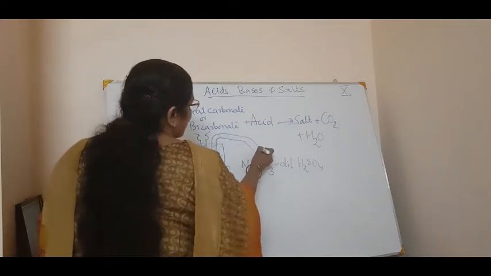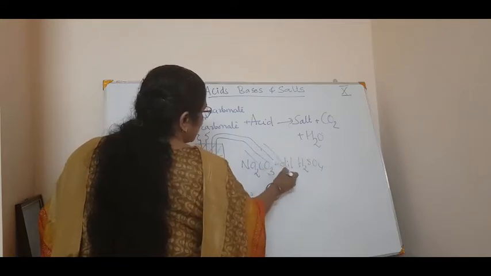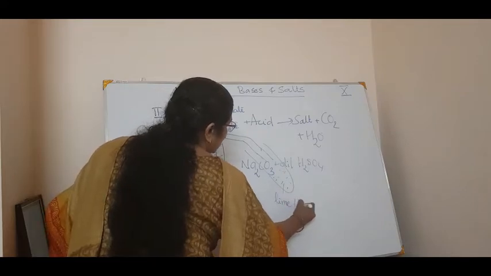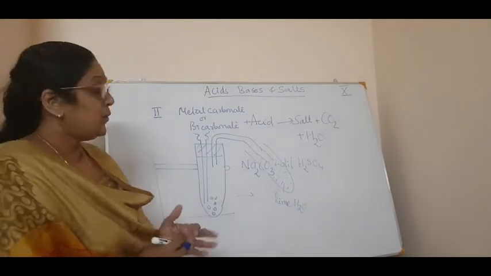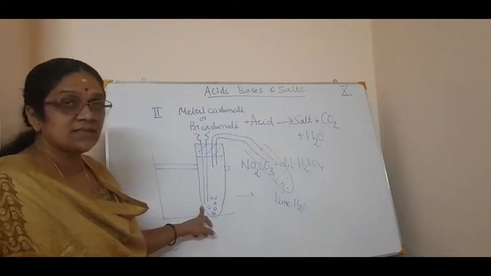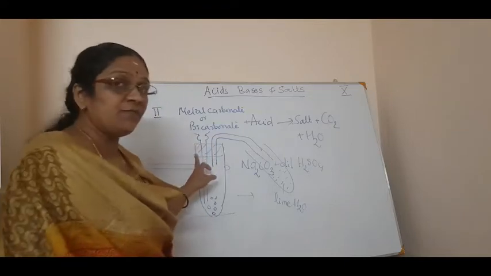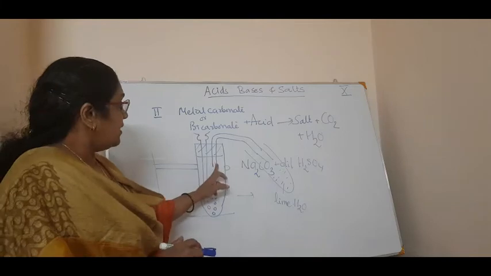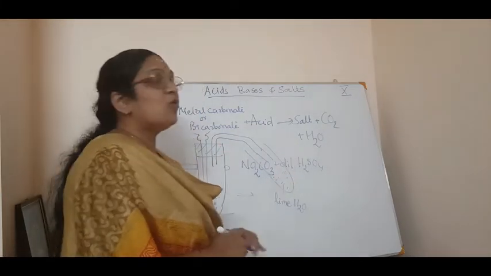Now you take one test tube. Listen carefully. You take one test tube which is filled with lime water. So this is the experimental part. You take a test tube, then you put some sodium carbonate crystals in it. Then through this thistle funnel you add some dilute sulfuric acid or hydrochloric acid into it. Then connect this delivery tube with a test tube having lime water in it.